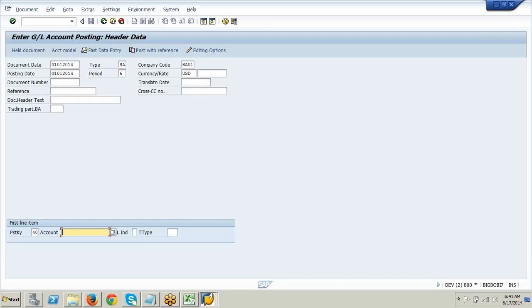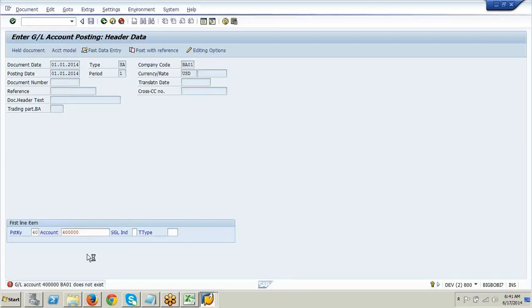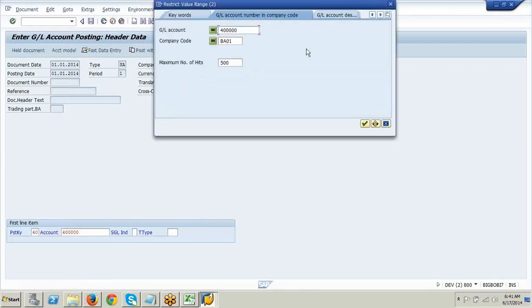Rent 4 series, right? See here, I press enter. What does it say? GL account does not exist, but it is there, no? But why is it saying like that then?